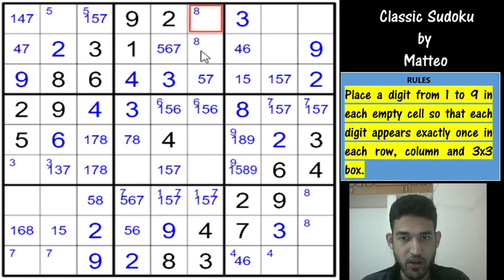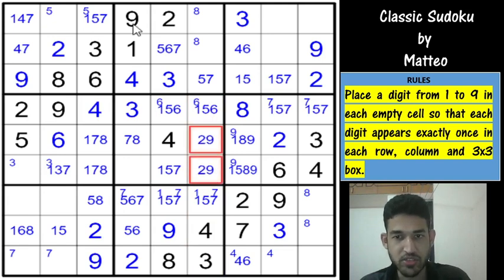Okay, so if I look at column 6 carefully, 2 and 9 is removed from all these 3 cells, and 2, 9 is also removed from these 3 cells, and 2, 9 is also removed from here. So these 2 cells would have to take 2, 9 and we form a pair, and that gets resolved immediately. So this is a 9, this is a 2, and that gives a 9 here, classic. So this is not a 9,